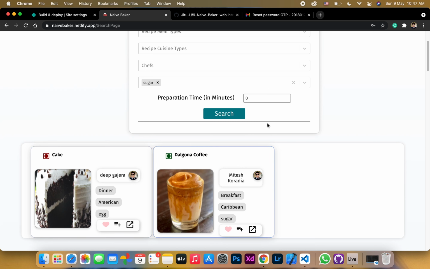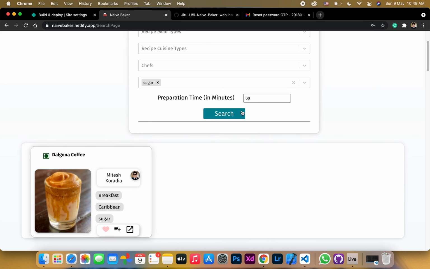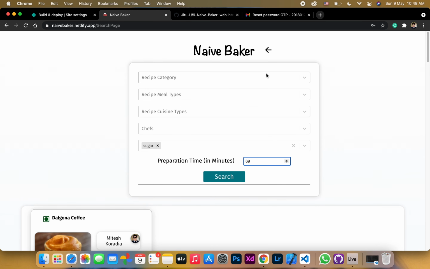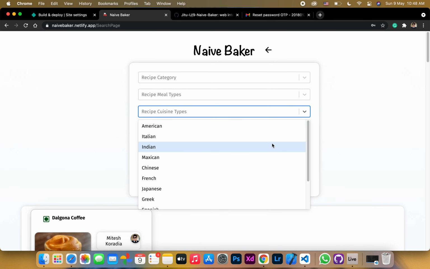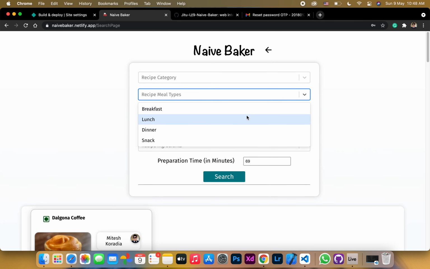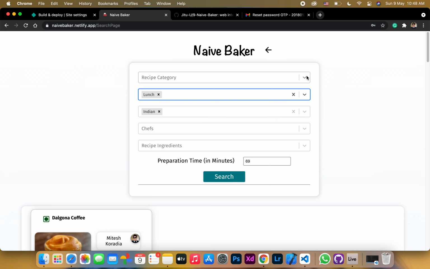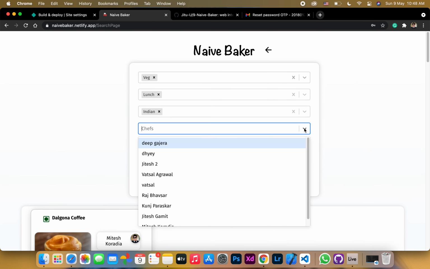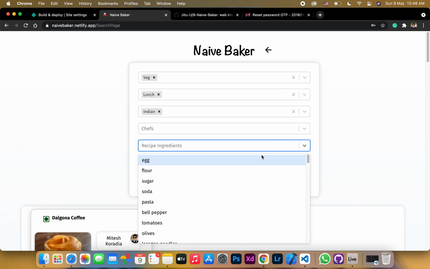So now we will see the preparation time, which is in minutes. You can adjust it based on the preparation time. It will show you the recipes which can be prepared in the given available time. So the user has easy access to different search methods, and you can select multiple attributes, which is let's say lunch and recipe veg chefs. No, let's keep it as it is,